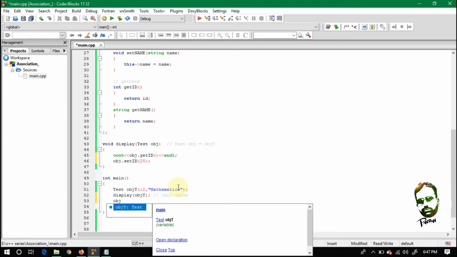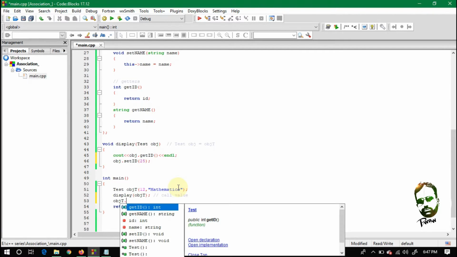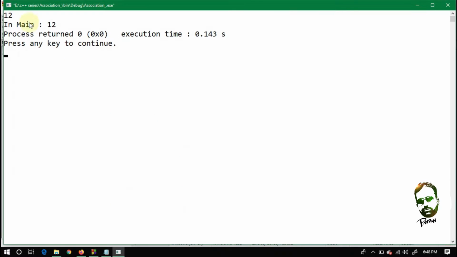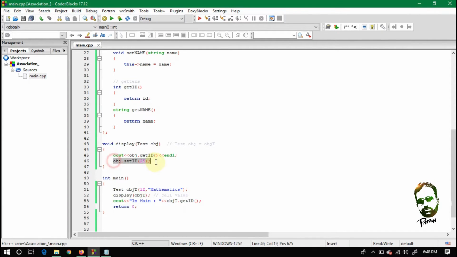If I write in main obj t dot get id, it is going to display the value of obj t dot get id, and let's run this code. So you can see here 12, and you can also see here 12, and this line at line number 46 was useless because this line is just storing the value of id into the id of this obj.